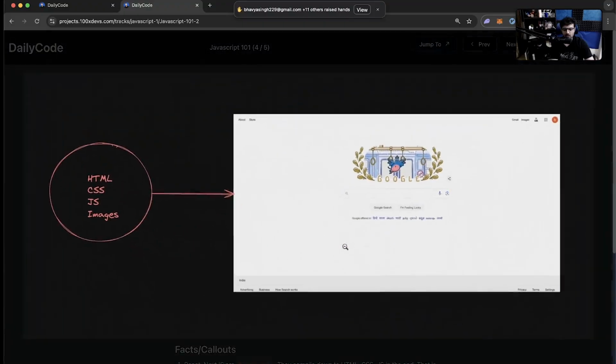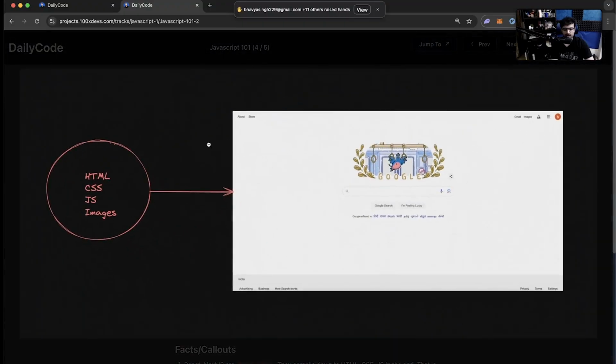If you go to google.com, you can actually see what is making this page look like this. It is actually a lot of HTML, CSS and JavaScript. There are a bunch of other things like images, SVGs, XML that you will get from the Google server. But primarily, to create a page like this, maybe other than this image that you see over here, everything else can be created with just HTML, CSS and JavaScript.